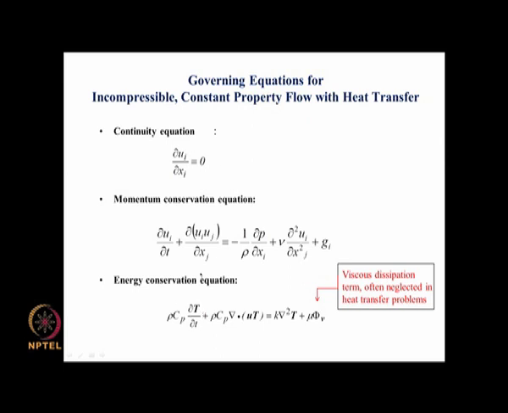So the set of these 5 equations together have as variables the 3 velocity components U, V, W, the pressure and the temperature, a set of 5 variables. And the solution of all these things requires certain material properties which include the density, the viscosity, kinematic viscosity, thermal conductivity and the specific heat at constant pressure.